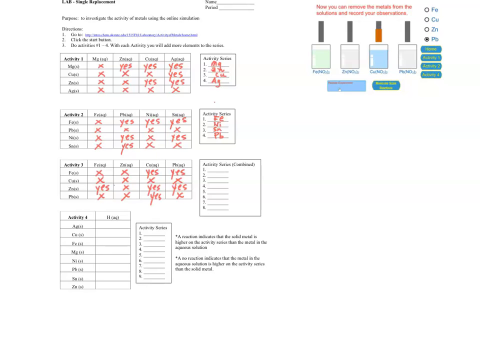If we look in the third list, iron should be below zinc. All right, iron should be below zinc, and zinc is below magnesium. So we now know that we should have magnesium, zinc, and then iron. Those are the 3 most reactive, and we know, whoops, that should be Mg, magnesium, zinc,